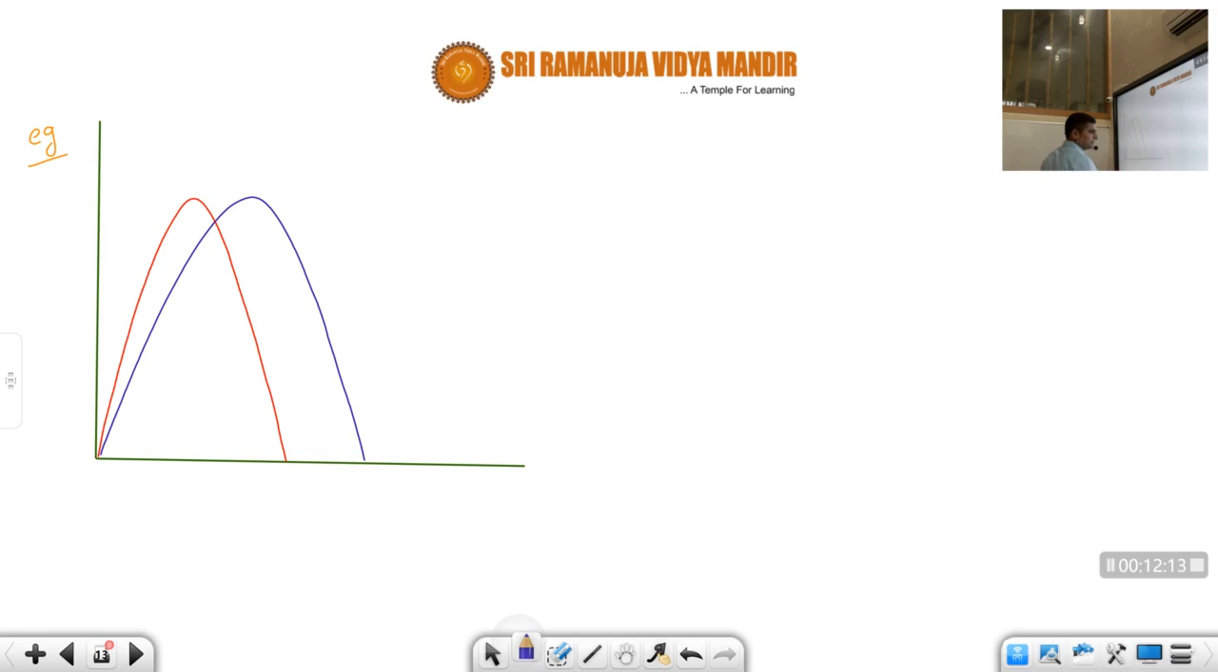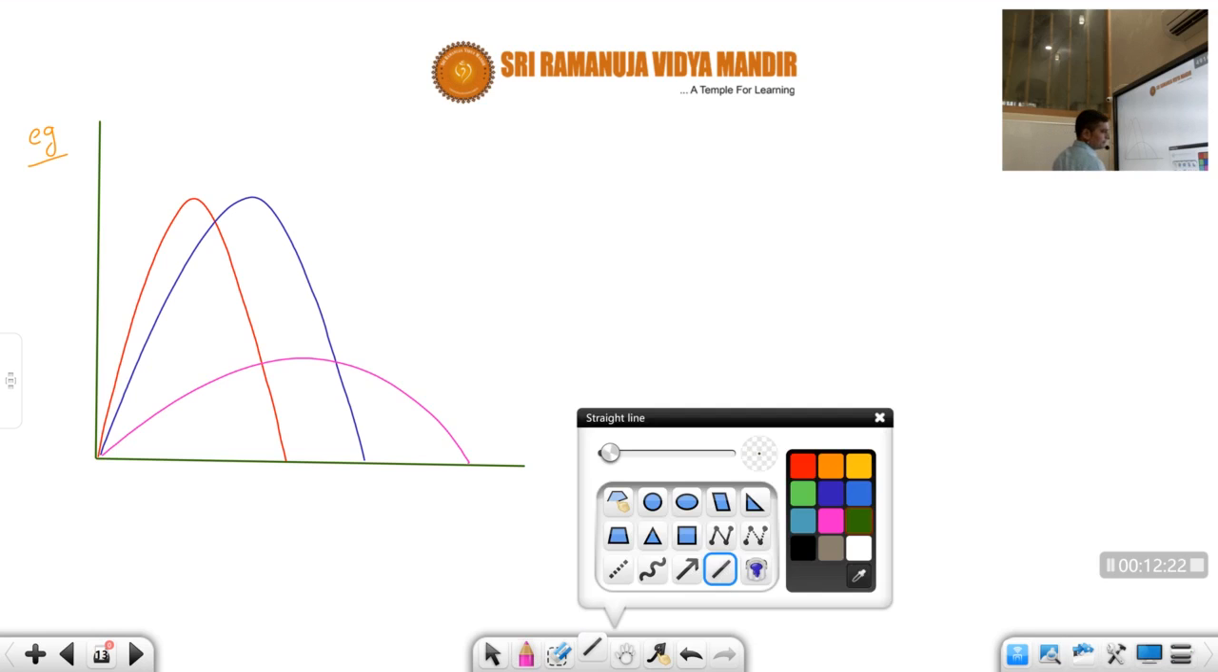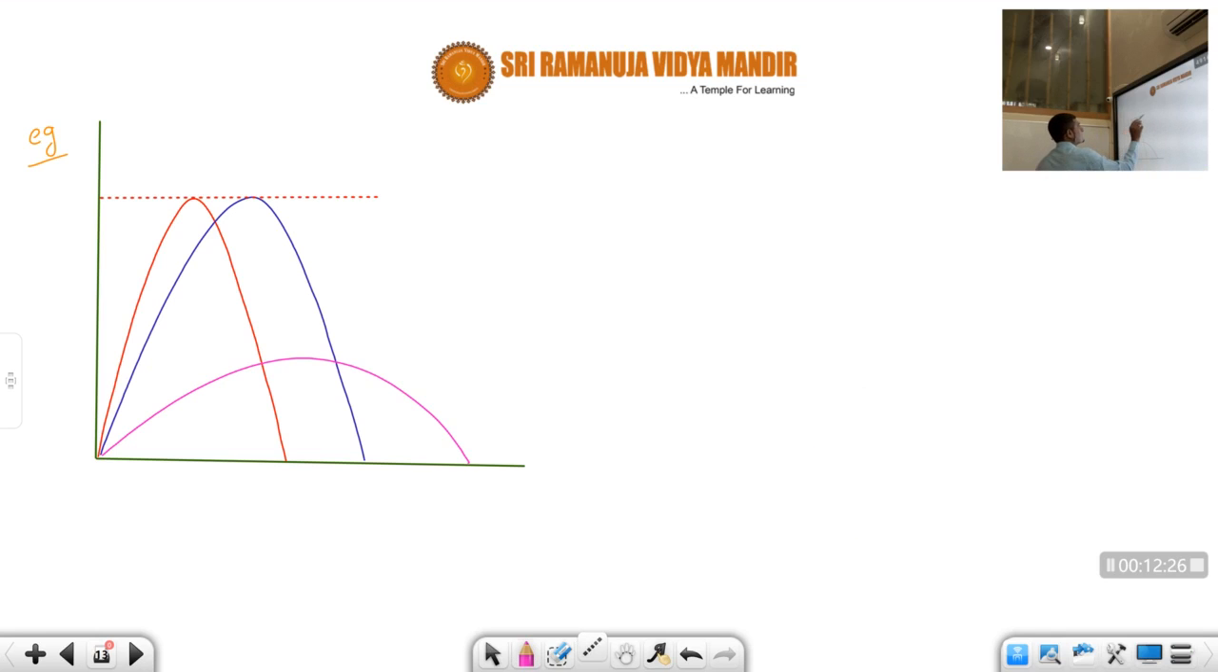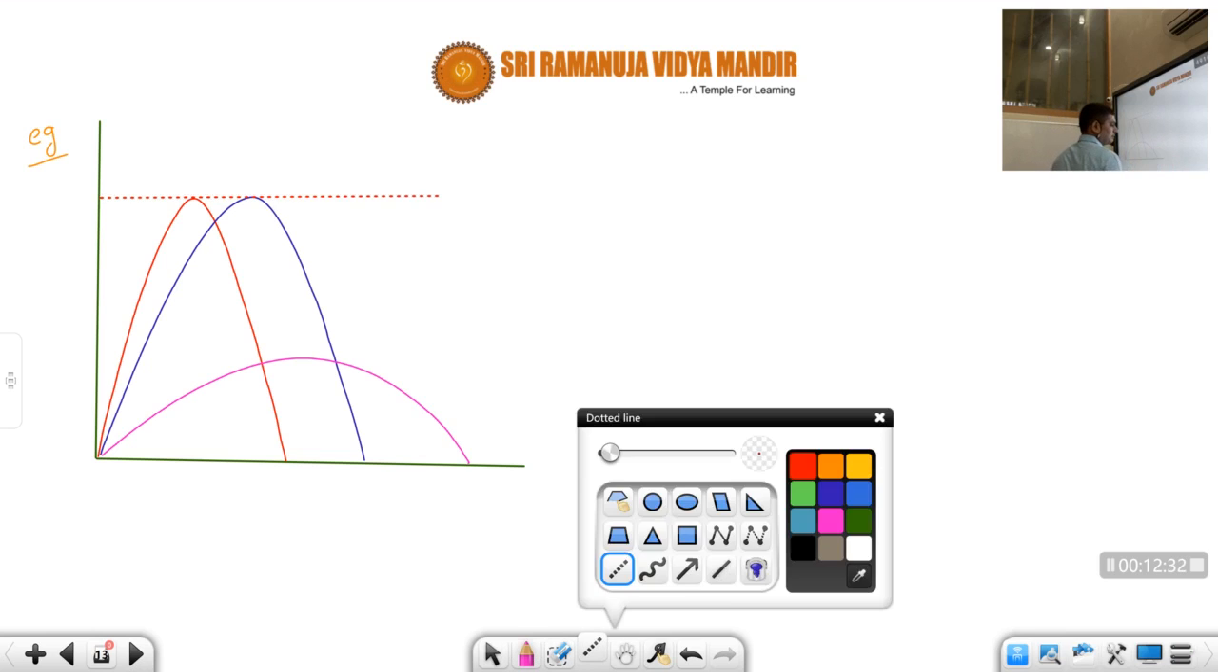This is another one, and then third one. Okay, so total three projectiles are given. Three projectiles are given. Okay, now the question that they are asking is,